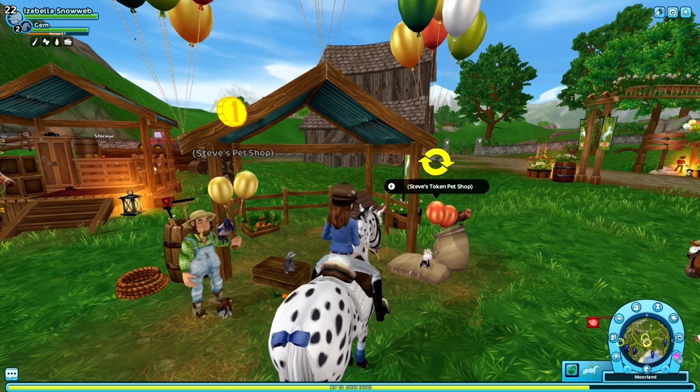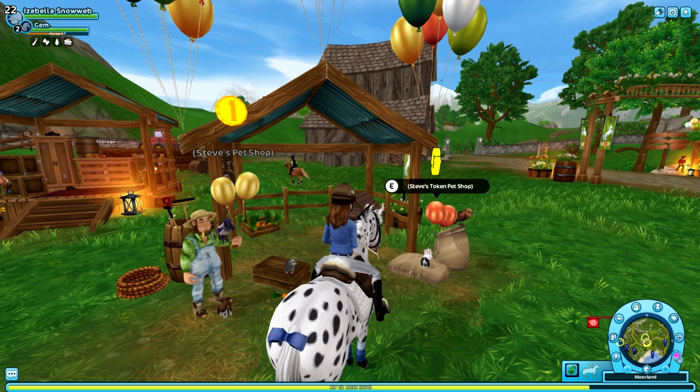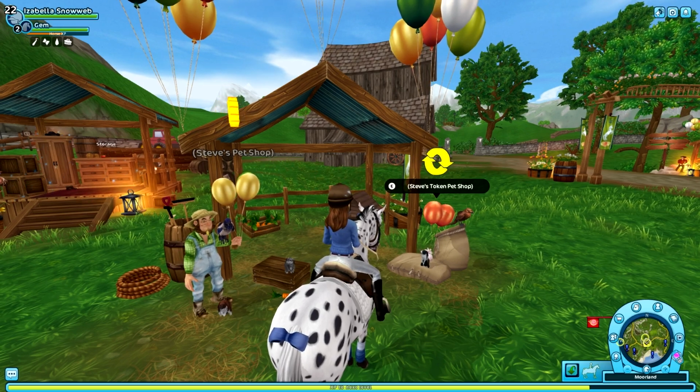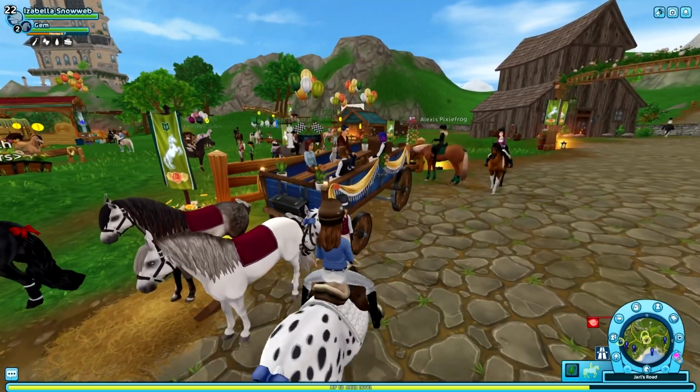So again, we've got options over here. If you don't want to waste your star coins, you can spare up the tokens. If you don't want to spare up the tokens, you can waste your star coins. The choice is yours. Oh, and this is the transportation thing that we get to use to go to Jorvik